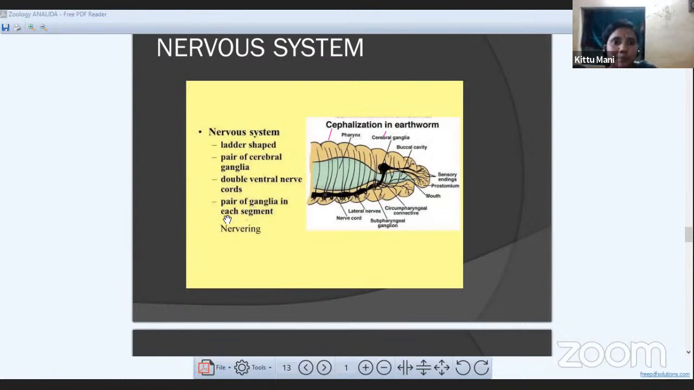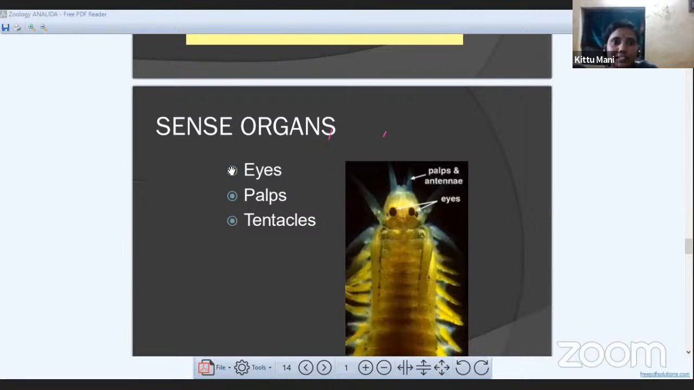Okay, next, a pair of ganglia in each segment. Here we can clearly observe the pair of ganglia present in each segment. Okay, here this is very, very important. In previous years, we had the dissection of this nerve ring also. But you are lucky, we have not had these dissections in recent years. Okay, then next,